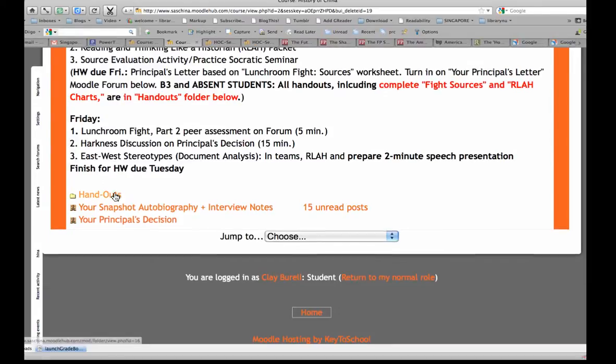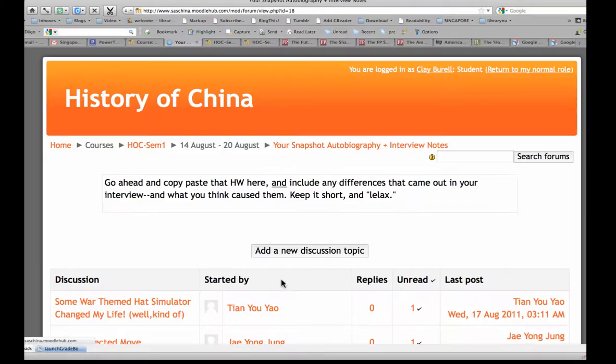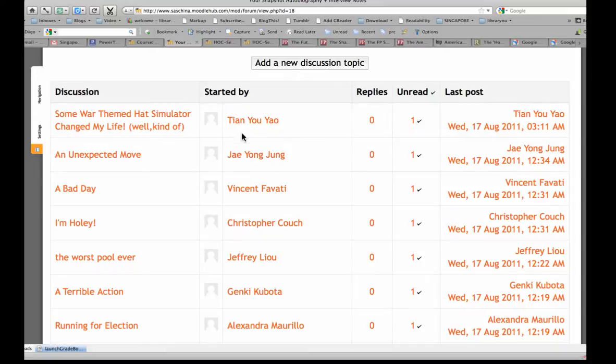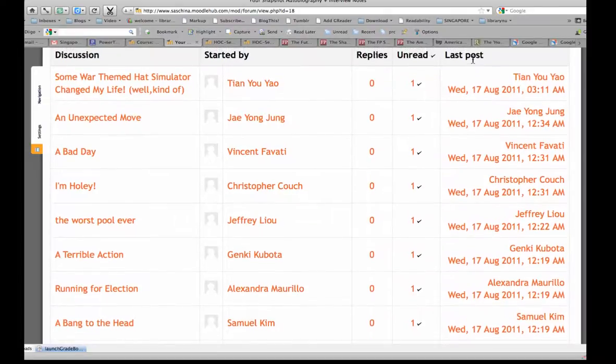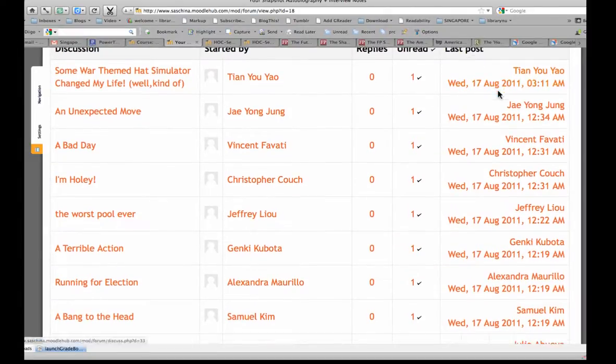Okay, finally, the other icons. This face-to-face icon, that's a discussion forum. That's really important because that's where you will turn in much of your homework. So click on it. And you can see there is the person's name who started it, and over here under last post, that will be when you start replying to each other. You'll see the last person that answered you. Now right now nobody has answered.